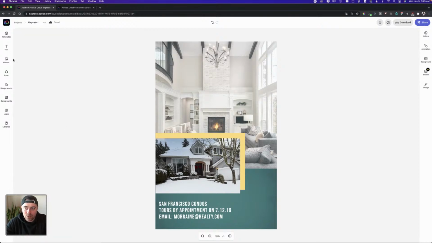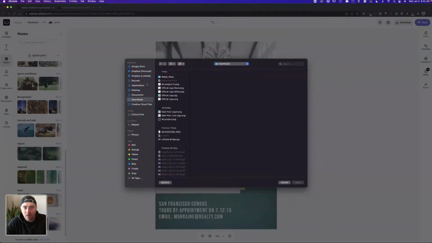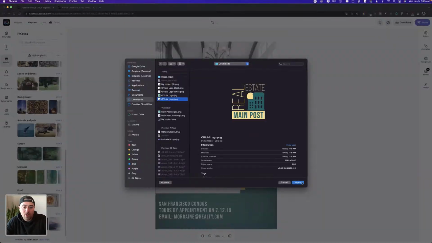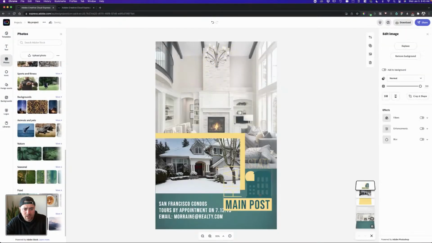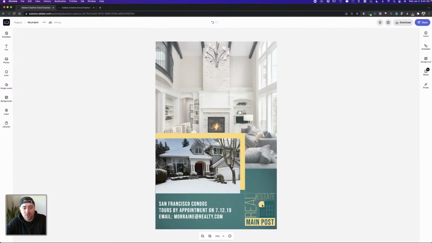So what you can actually do is just go to photos and then upload the JPEG or the PNG of the logo that you've already placed or downloaded earlier. What that's doing is giving me a logo that I can be using on anything. It doesn't have to be just used on Adobe Creative Cloud Express. It can be used in your